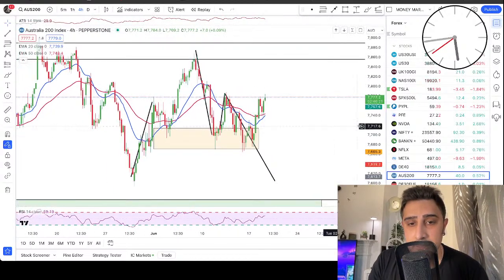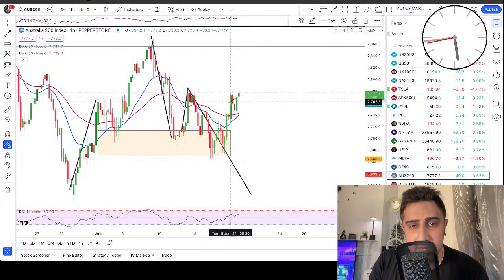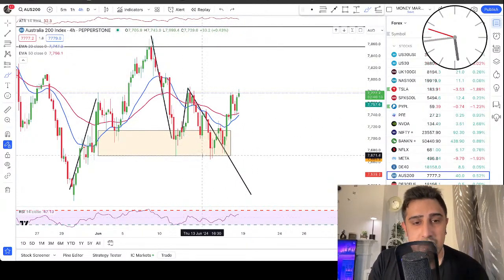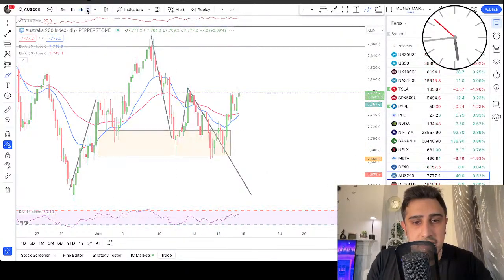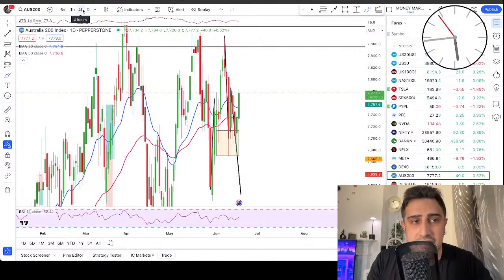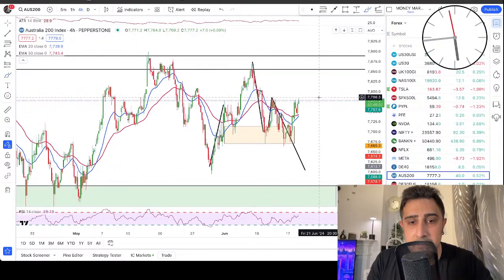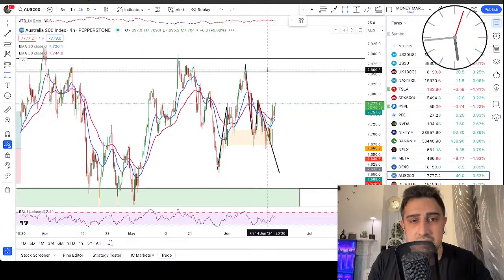bullish. Bullish engulfer above the 50 EMA right here. A valid bullish entry at this point. It pushed up from this little box, and yes, on the higher time frame, it's bullish as well. So we can expect a push higher for now till the level above, which is a major resistance.